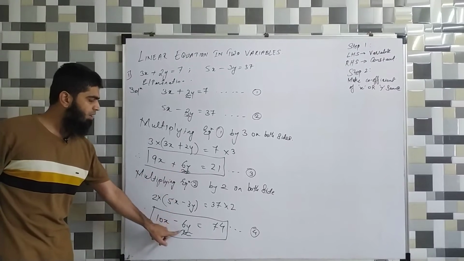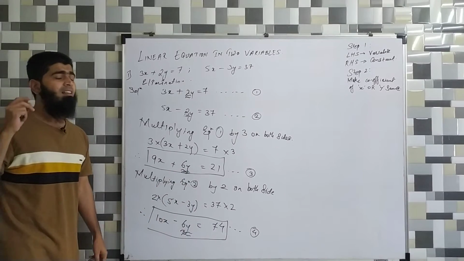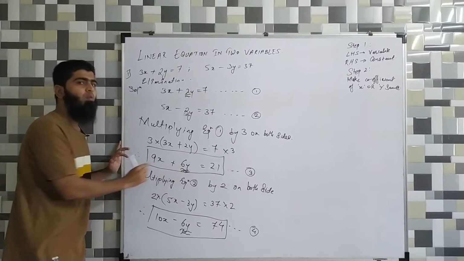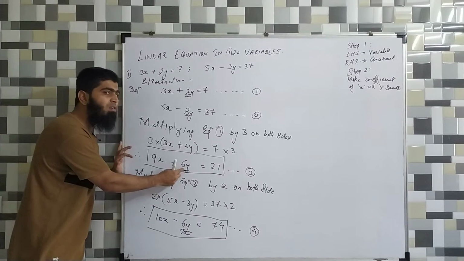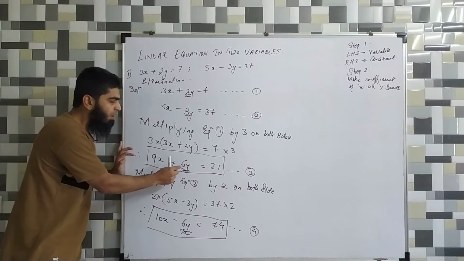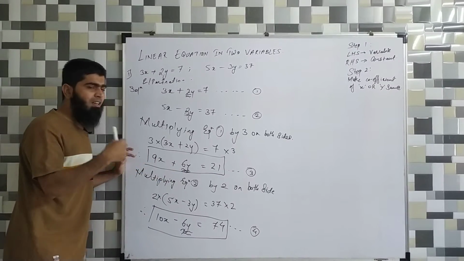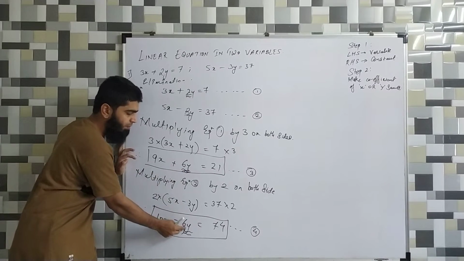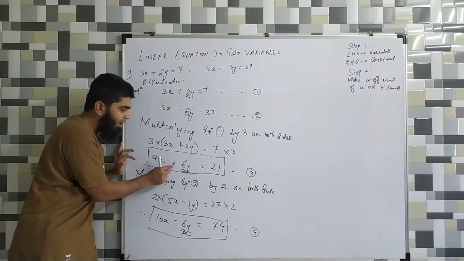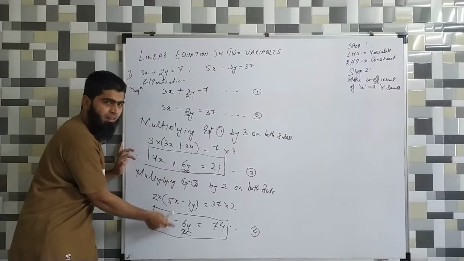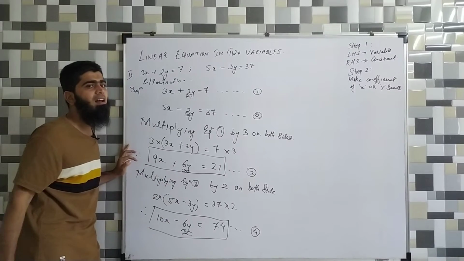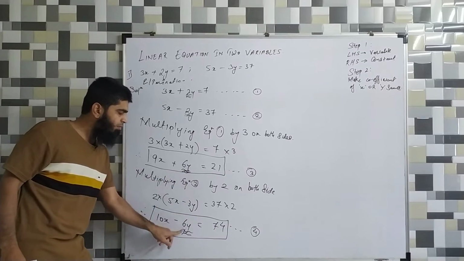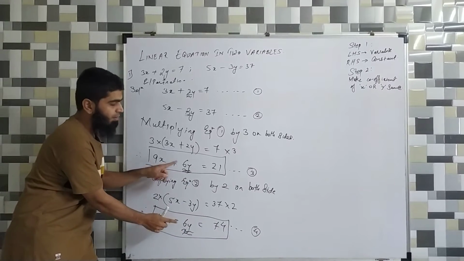Once the coefficients are the same, just look at the sign. Which sign? The sign of that term, the coefficient which we have made the same. This is plus 6y. This is minus 6y. Are these signs equal? They are opposite signs. So when we get the same terms with opposite sign, we